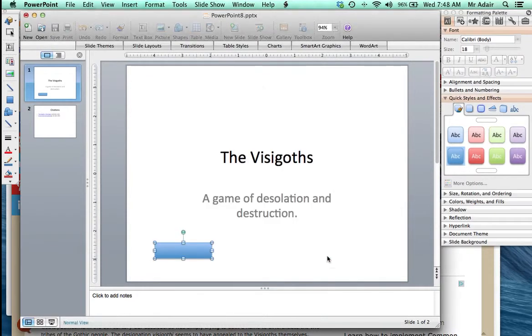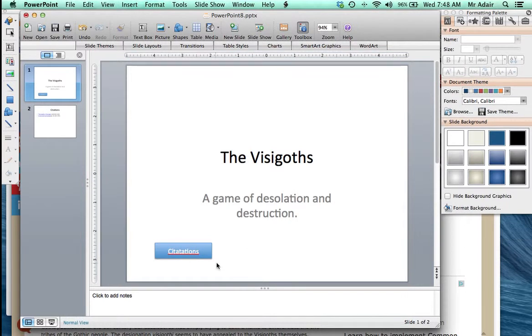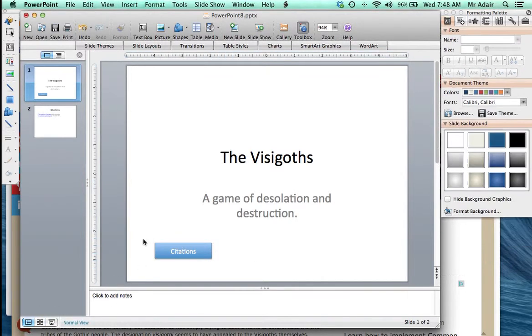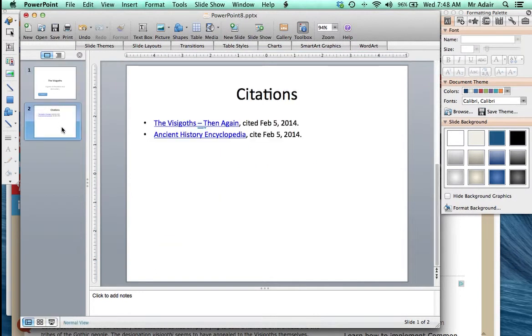Say OK, click OK, and right now it's not letting me type in there, so I'll choose the text field. Make sure you put it inside the button, Citations. I misspelled it again. That's incredible. Okay, now when I go to citations, I need the same thing. I need a button connecting back